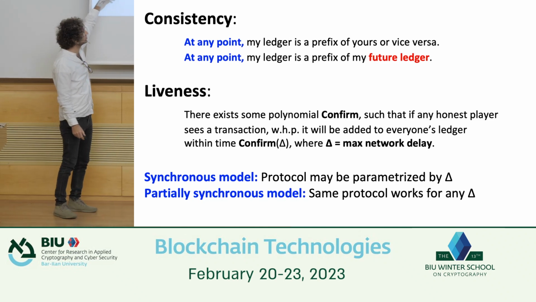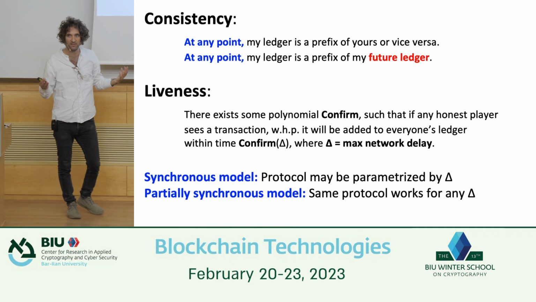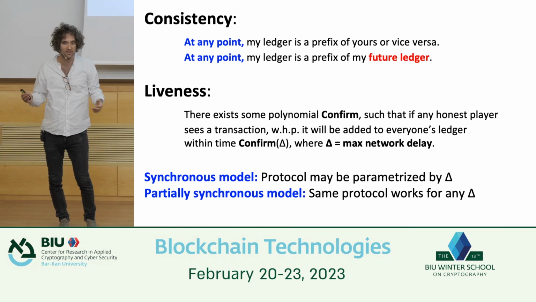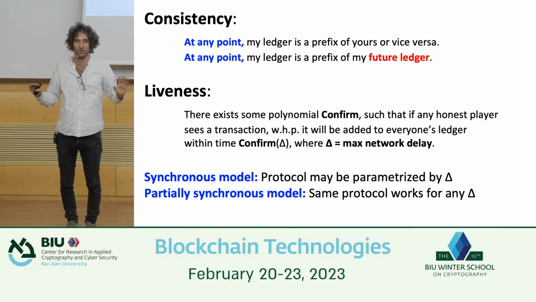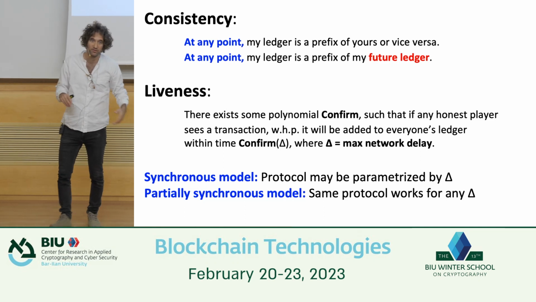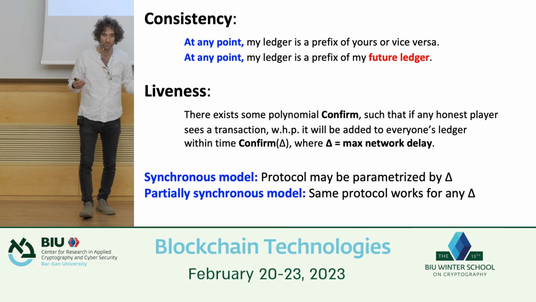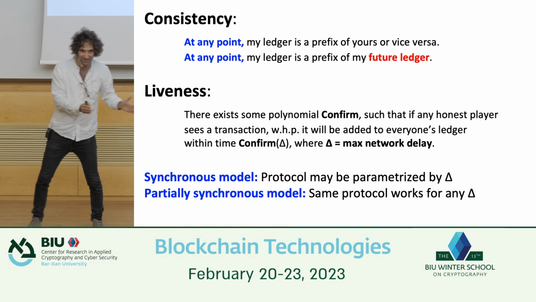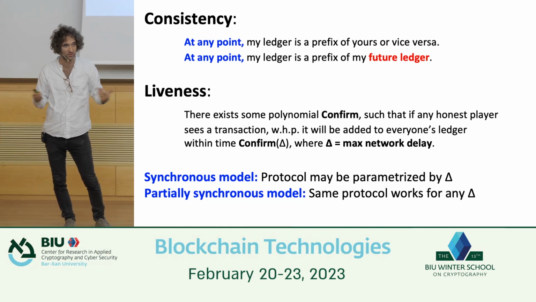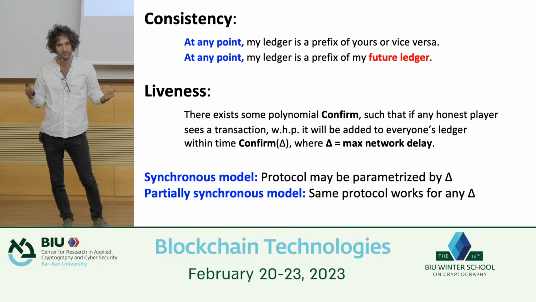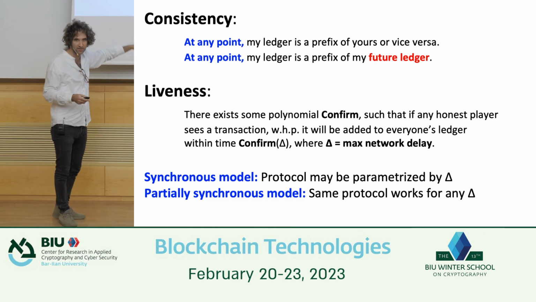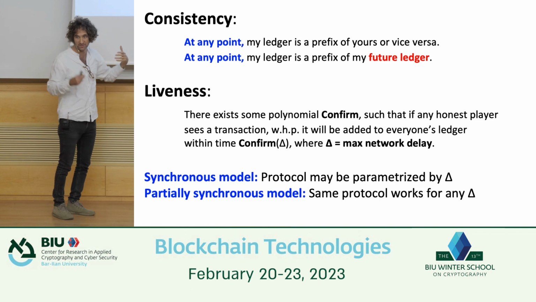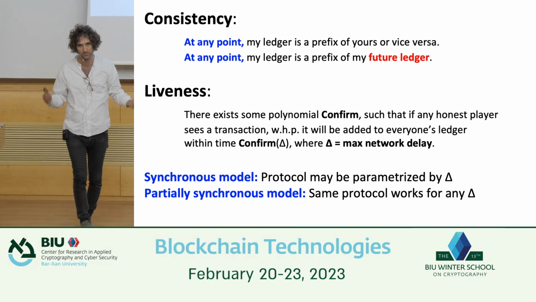And then we have the partially synchronous model. The easiest way to think about this model is to say, look, the protocol is unaware of what big delta is. Okay, there is some big delta, but the protocol is not aware of it. And therefore, typically these protocols have this property called being responsive. If delta actually turns out to be much smaller, then they run much faster, because the protocol is not a function of delta. There are actually many different ways of defining partial synchrony. For simplicity, I'm going to use this way of defining it. That's the easiest to think about.